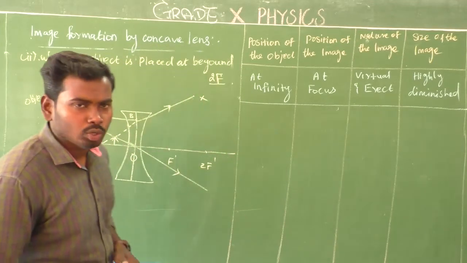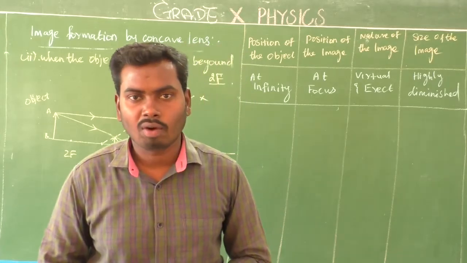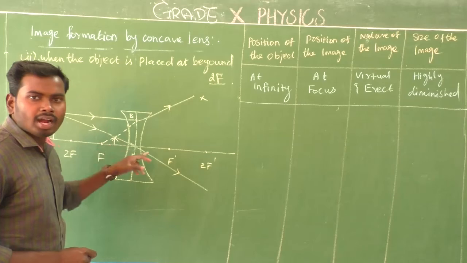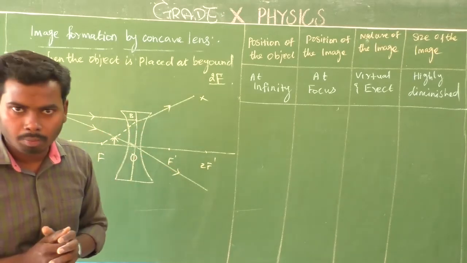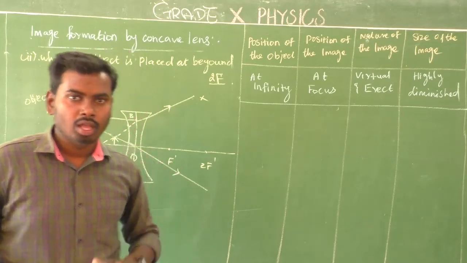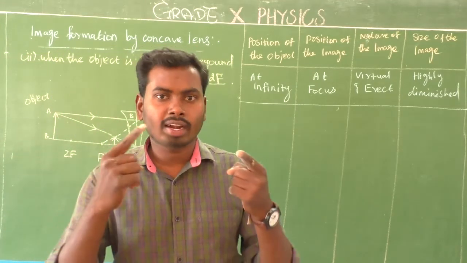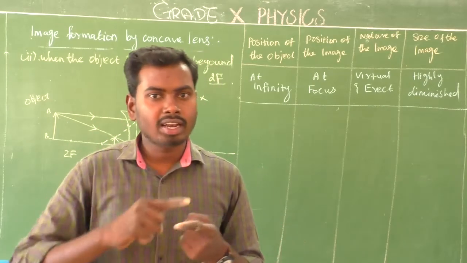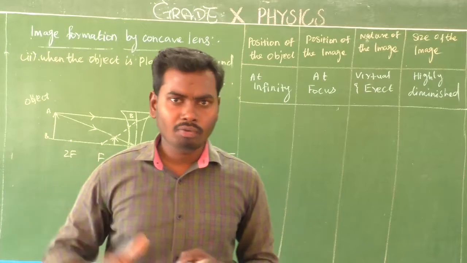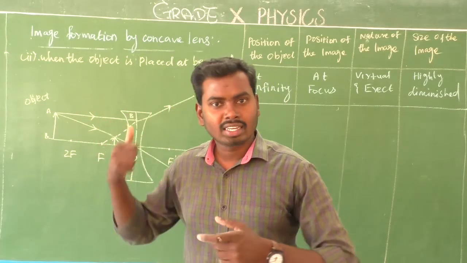Is it clear? Actually, this concave lens makes only virtual image. So here the two refracted rays appear to meet at a single point, so there will be image formation. You try to understand my concept. In a convex lens, the two refracted rays really intersect together, because a convex lens is a converging lens, which has a real focus, but this concave lens has a virtual focus. It's a diverging lens.